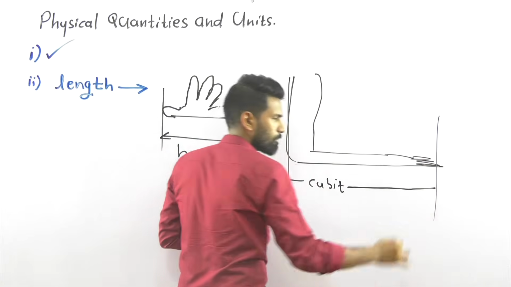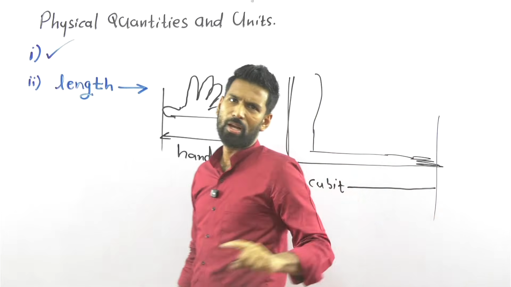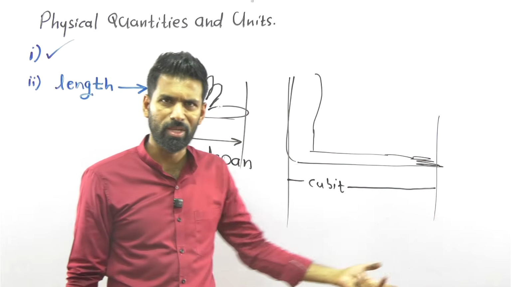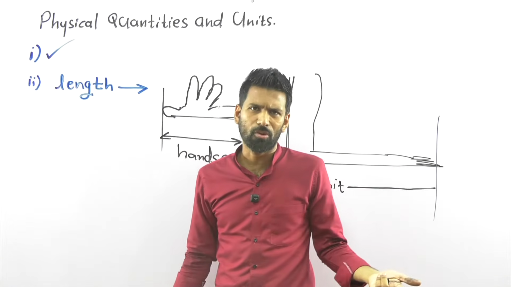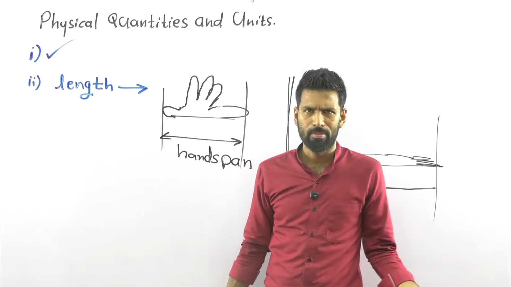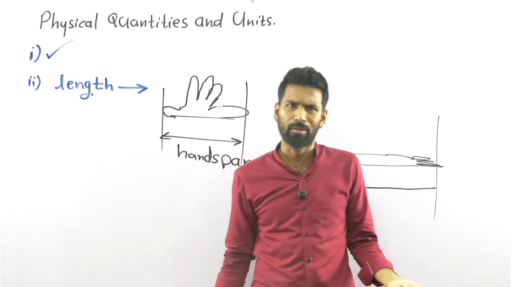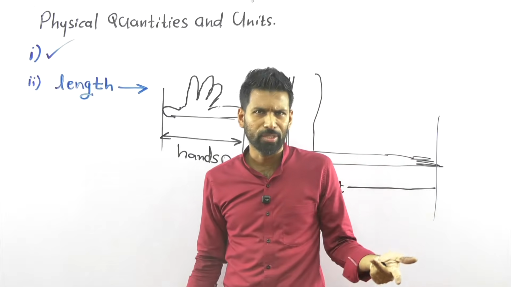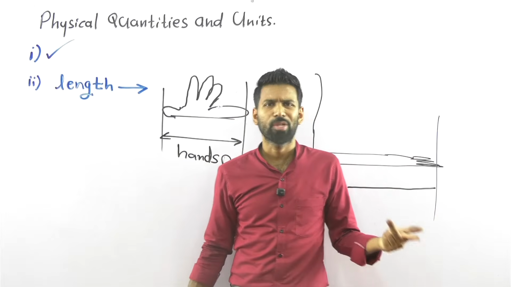Cubit. Now we are in our first lesson, physical quantities and units. We are going to the beginning of civilization to bring these things from there. The older units: all the physical quantities that we have paid our attention to are mass, length and time. Among them, length is the most acceptable, understandable one. So we are paying our attention to some of the older units that we used to measure length.